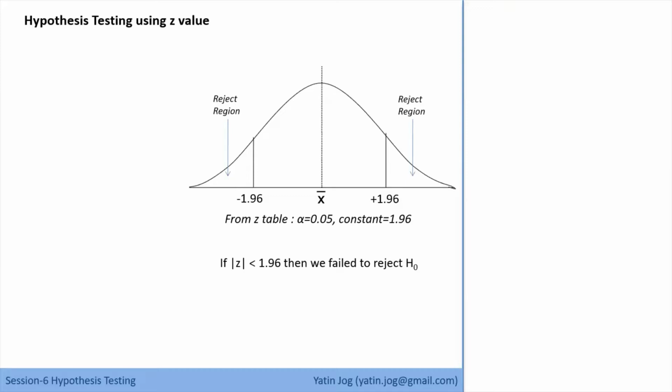So we'll have a set of values which we can call a range of accepted values, and a set of values which we can call a range of rejected values. Then we need to check whether my initial assumption, H naught, is part of the reject values or part of the accept values. If it is part of the accept values, then my assumption is correct, and I'll go ahead and accept H naught. If my H naught is part of the reject set of values, then my assumption is wrong. That means my H naught is not right. That is the basic concept of hypothesis testing.